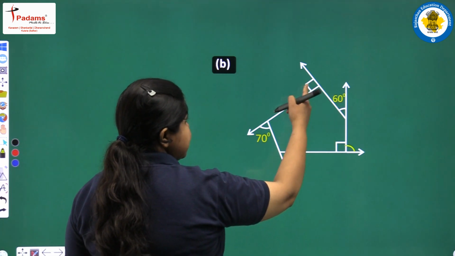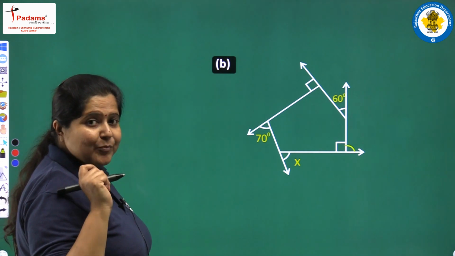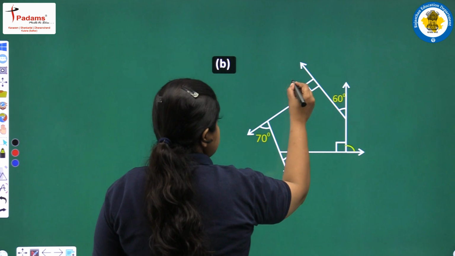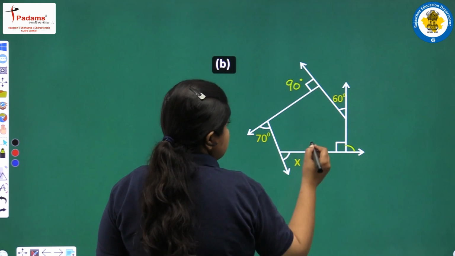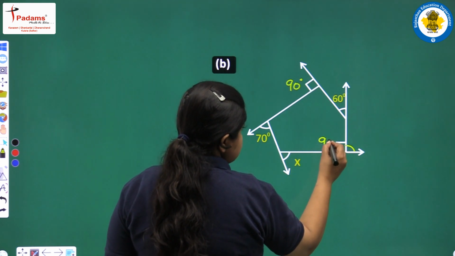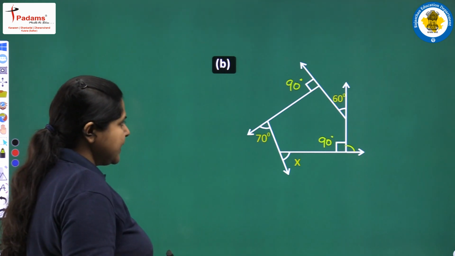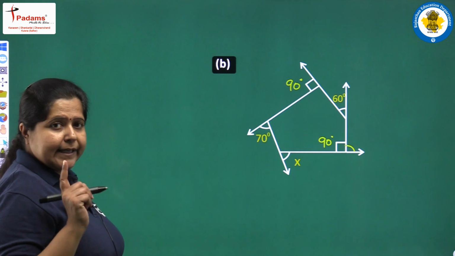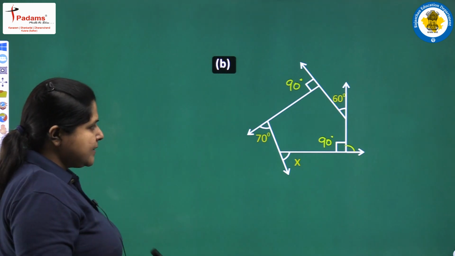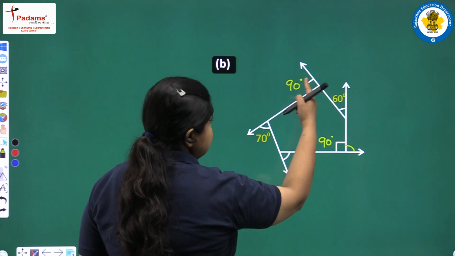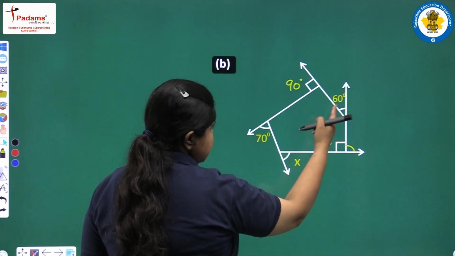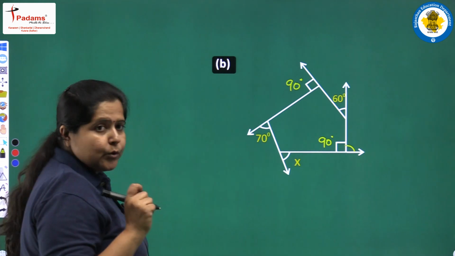This one again has a small square there, which means it is measuring 90 degrees. So, we write here 90 degrees. Similarly, we have one small square here which shows it is an angle of 90 degrees, and again this is equal to 70 degrees. So, in all there are 5 exterior angles, 1, 2, 3, 4 and 5. We have been knowing these 3 angles and these 2 are unknown to us.